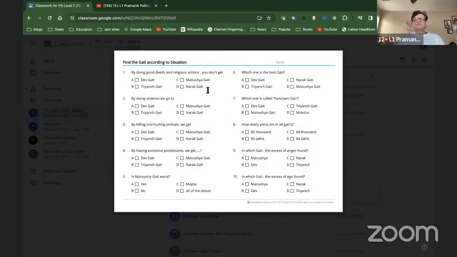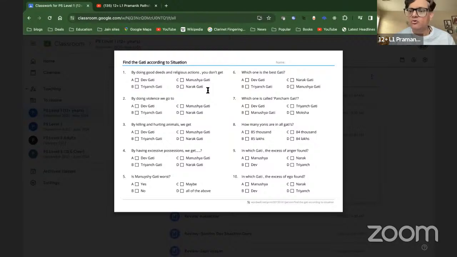So Vikhyat gave a good answer that Manushyas have the power to distinguish between good and bad, but that is also the case with Devs. Even if not Tiryanj, at least Naragati Jeeves know to a greater degree. But definitely Dev and Manushya Gati both. However, the main differentiating factor is what Ishna said, and that is Manushya Gati is the only Gati from which